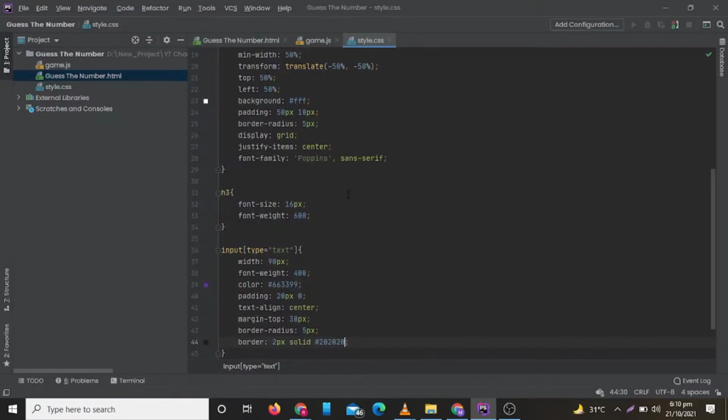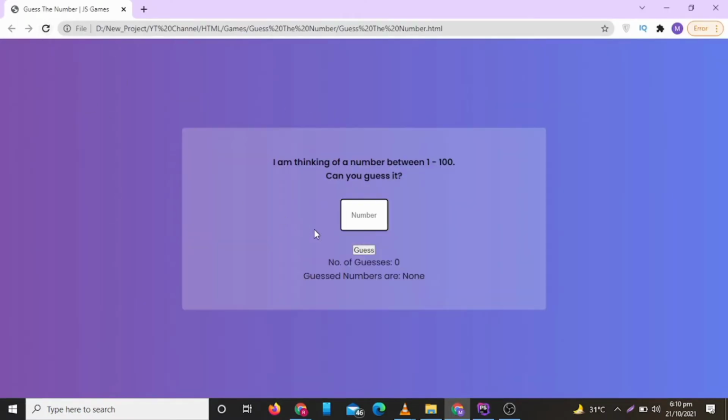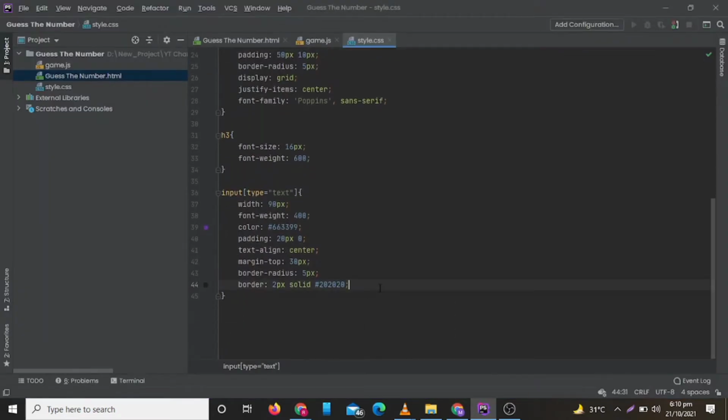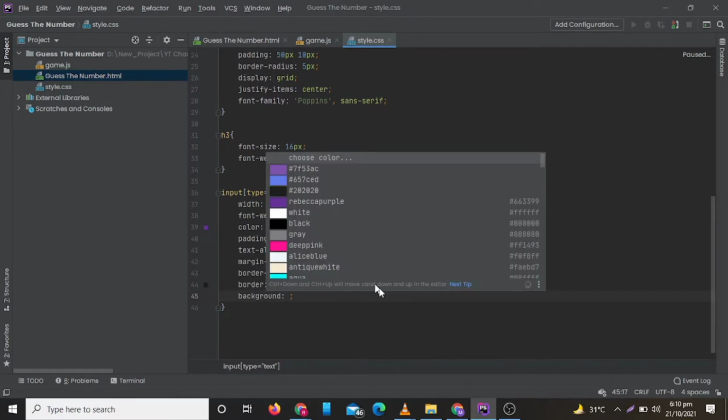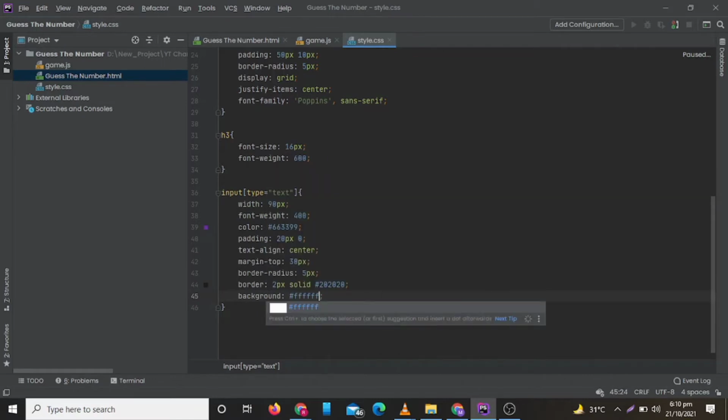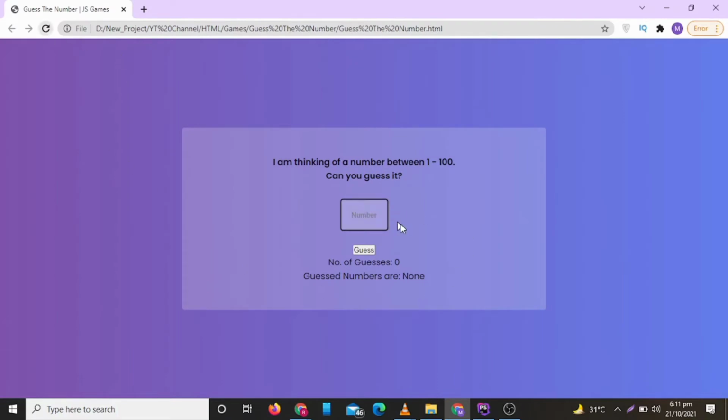Now let's change our background to glass like background. Now let's check. So now it is looking good. Now let's change our input background as well. Now let's check. So it is looking good.